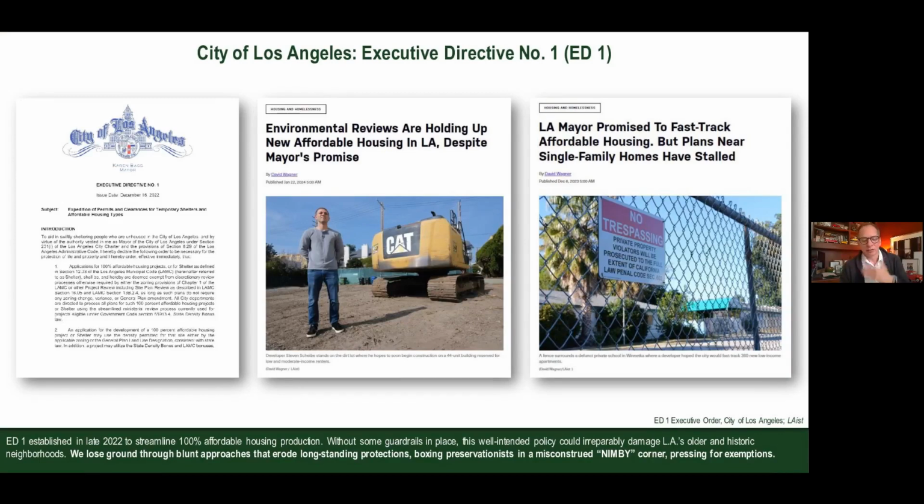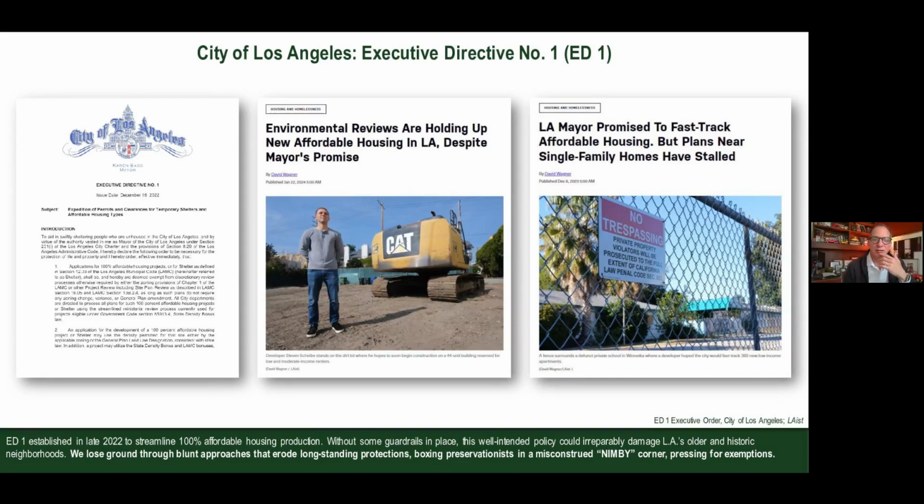It's also happening at the local level. So one example here is the city of Los Angeles, through an executive directive called ED1 by the mayor that she put in place, Mayor Bass, when she came into office in 2022, essentially streamlining projects that are producing 100% affordable housing production, which is a great intent in terms of those are some of the hardest to finance. And if we can make some greater flexibility to ensure they come online and they can meet the need, as well as closing the gap in terms of the financing that often comes with the time and money that goes with less streamlined approaches.